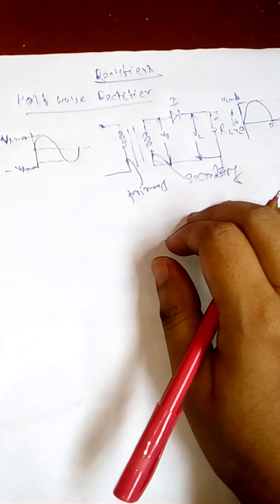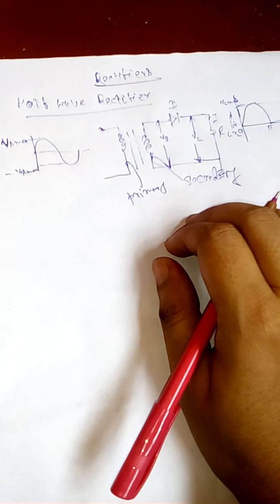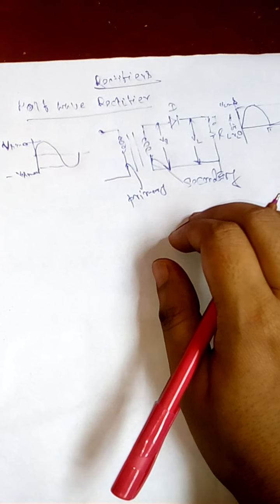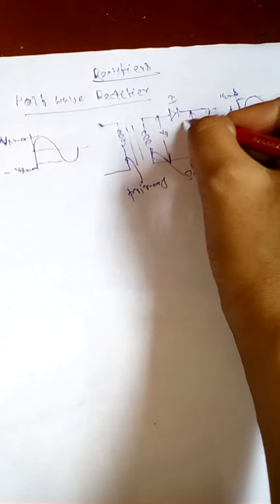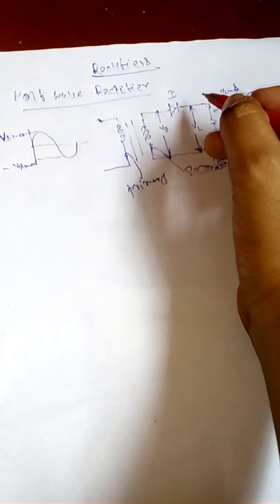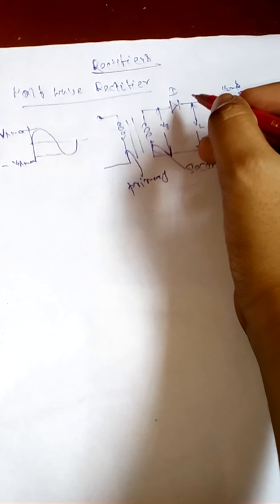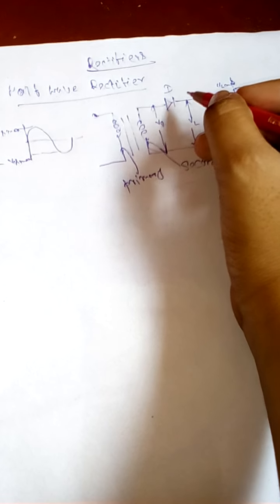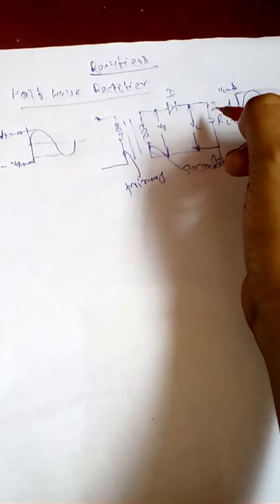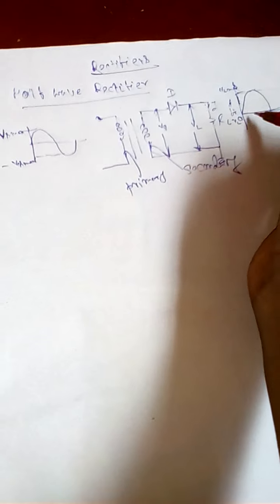The AC voltage of the secondary winding changes polarity after every half cycle. During the positive half cycle of the input AC voltage, that is when the upper end of the secondary winding is positive with respect to the lower end, the diode is forward biased and therefore conducts current. If the forward resistance of the diode is assumed to be 0, practically a small resistance exists, the input voltage of the positive half cycle is applied directly to the load resistance RL, making the upper end positive with respect to the lower end. The waveform of the output is that one.